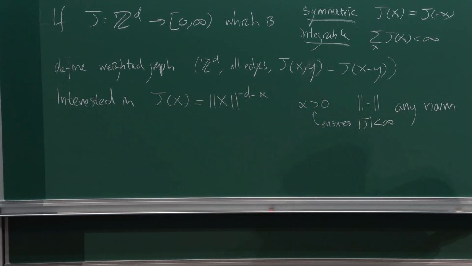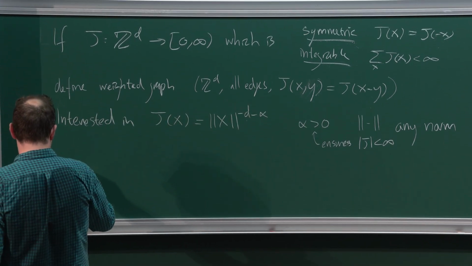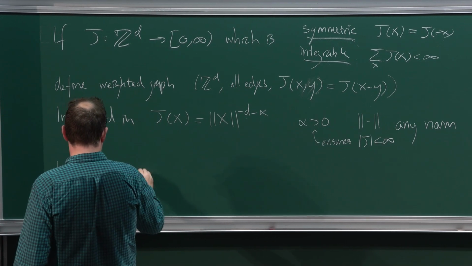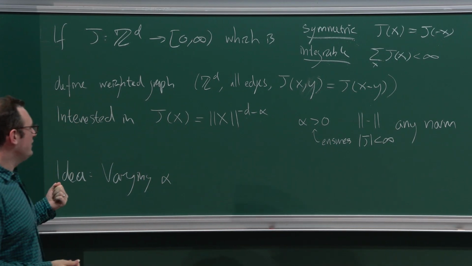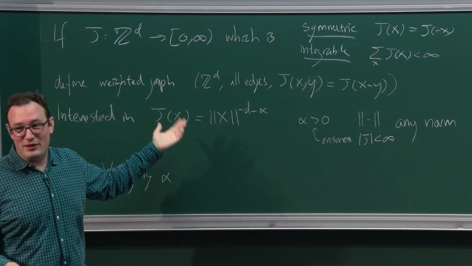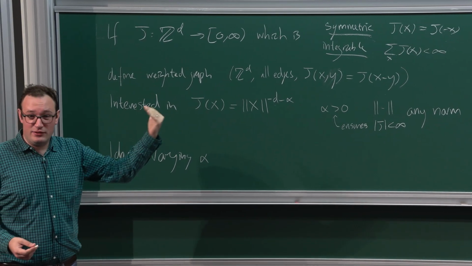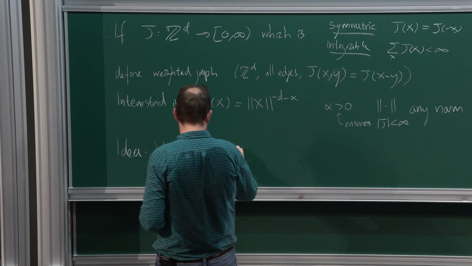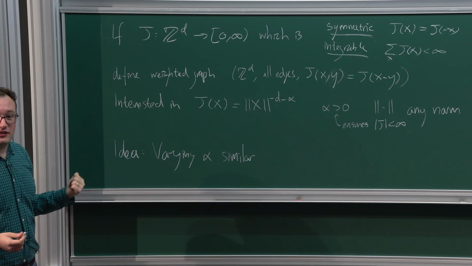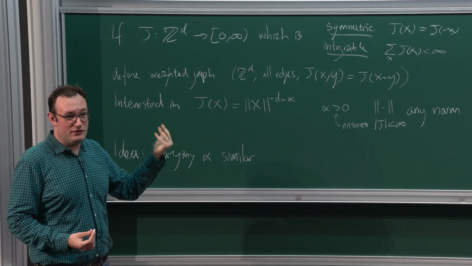Okay. So the basic idea is that varying alpha... Again, you should think that when we study this model, we're going to fix this parameter alpha, a bit like how we fix the dimension ordinarily. I mean, we're still fixing the dimension now, of course, as well. And then we vary beta to induce a phase transition. So one of the key observations about long-range models in general, and in particular for long-range percolation, is that varying this parameter alpha is at least somewhat analogous to varying the dimension.